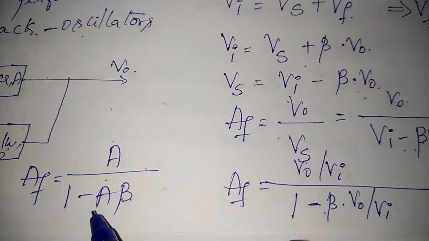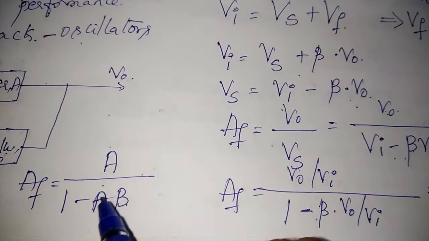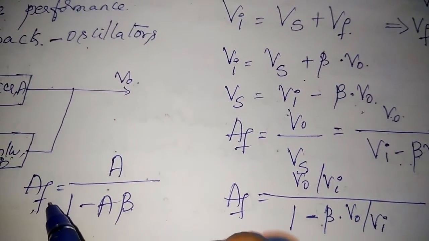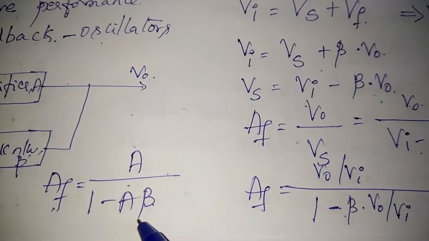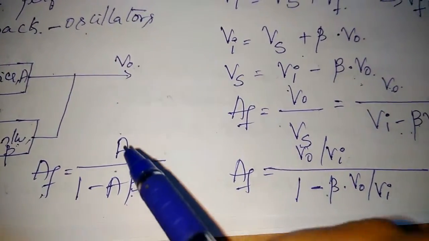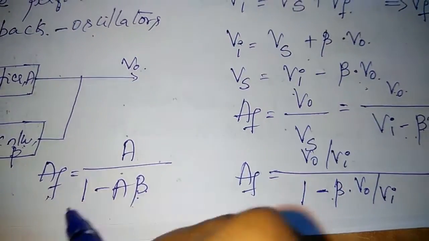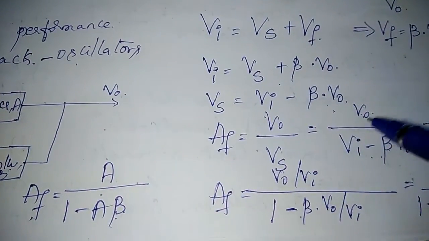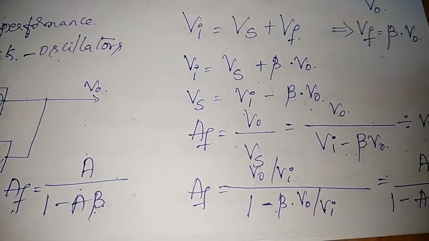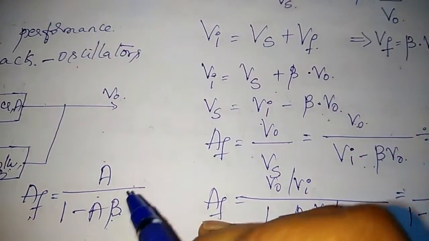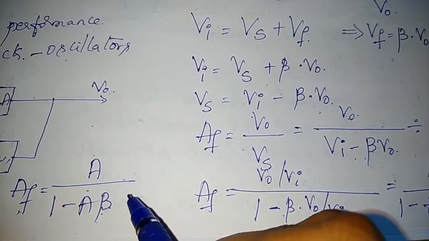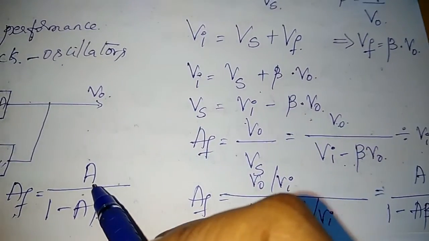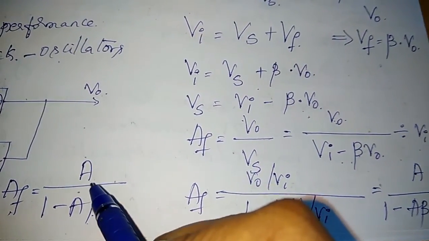So this equation shows that the gain with the feedback increases as the amount of feedback increases. If this goes on increasing, the gain with the feedback also increases. This is what you have to explain for the concept of feedback in case of oscillators, how it is increasing the gain. I have not come to oscillations yet. I am just showing how the positive feedback increases the gain. So that is what we have shown here.